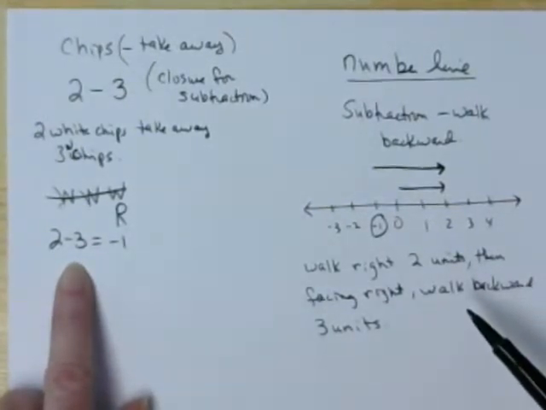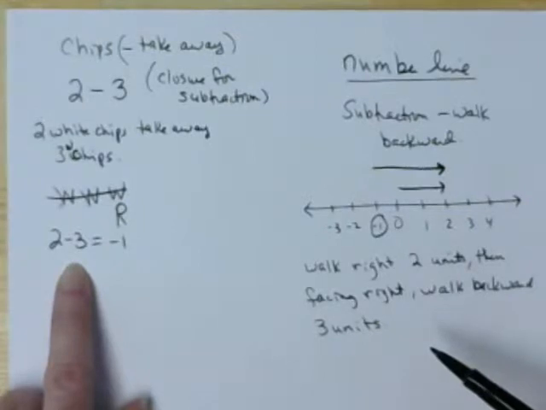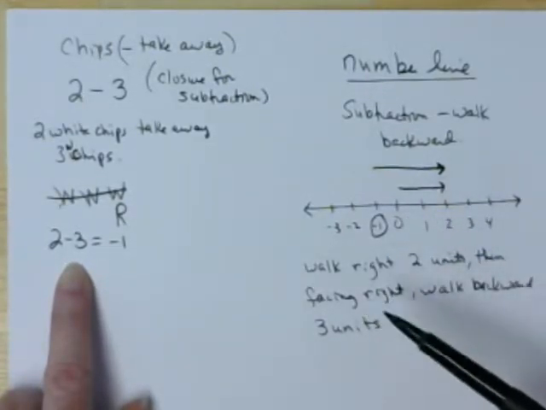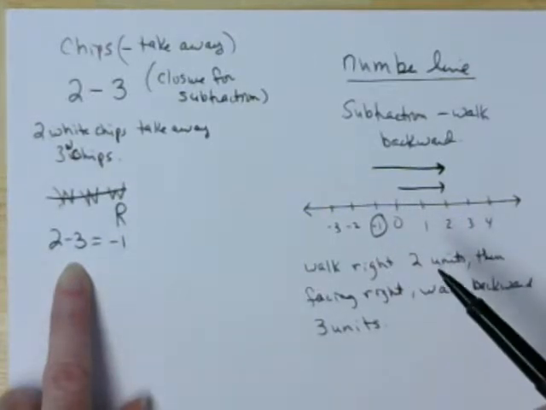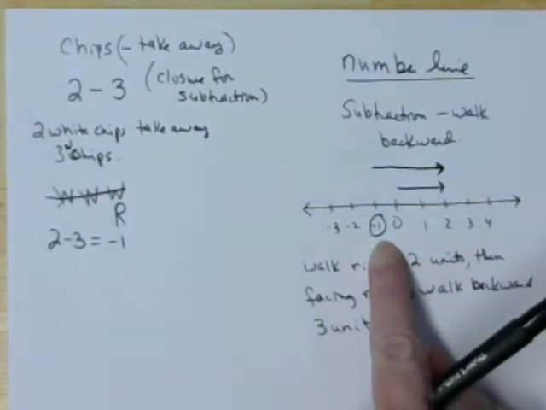put a number line down on the floor and mark it off with maybe some masking tape on the floor. And you can actually have them physically walk these until they get a sense of how this works. The idea of which way you face and which way you walk then gives you sort of the results that you're after. Okay, so here's the first example, 2 minus 3. All right, now we're going to do